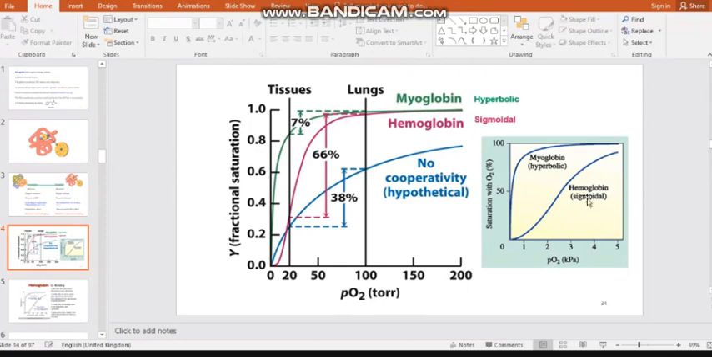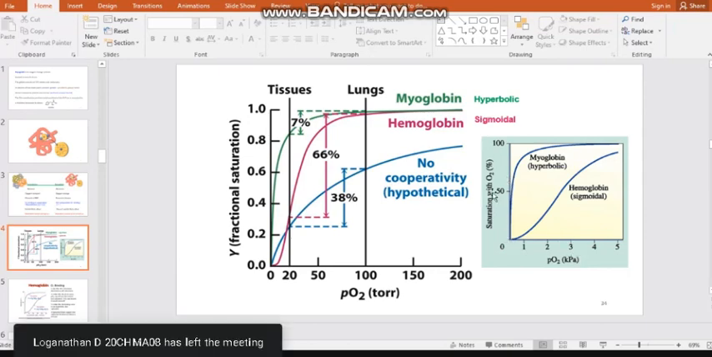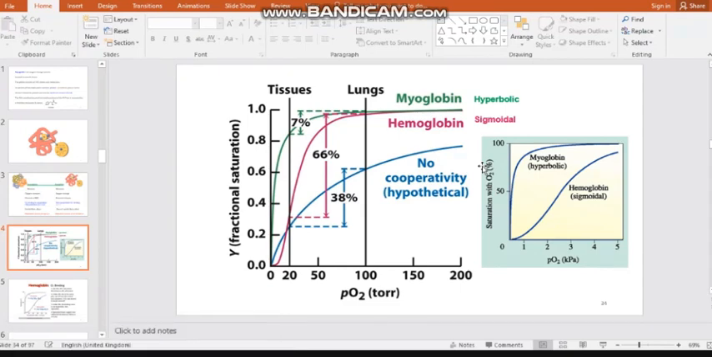So if you are seeing on the right hand side, you are seeing two different kinds of plots. We are plotting the partial pressure of oxygen versus saturation with O2. That is, how much the hemoglobin heme units are saturated with molecular oxygen with respect to the partial pressure. If you are plotting against partial pressure, you will get two different curves. One is hyperbolic in nature. If you are seeing here, even at low partial pressure, myoglobin can easily be saturated with molecular oxygen. Even between 0 to 1 partial pressure, there is a complete conversion of